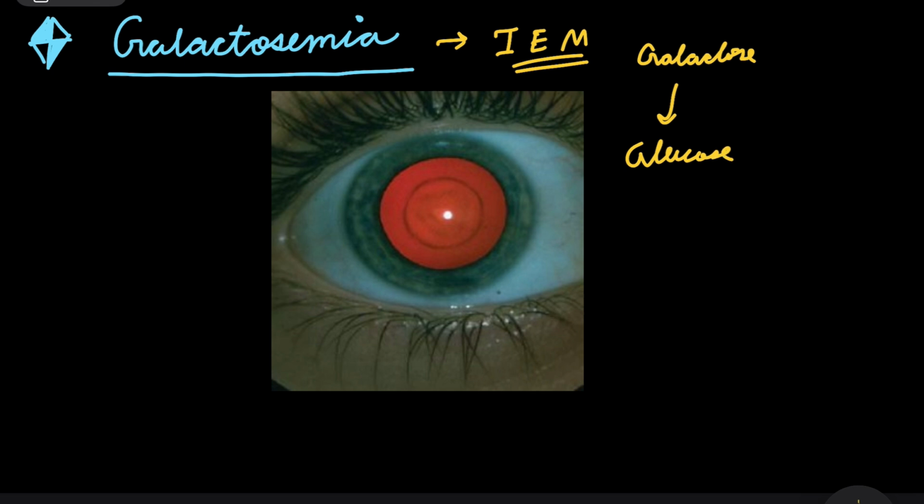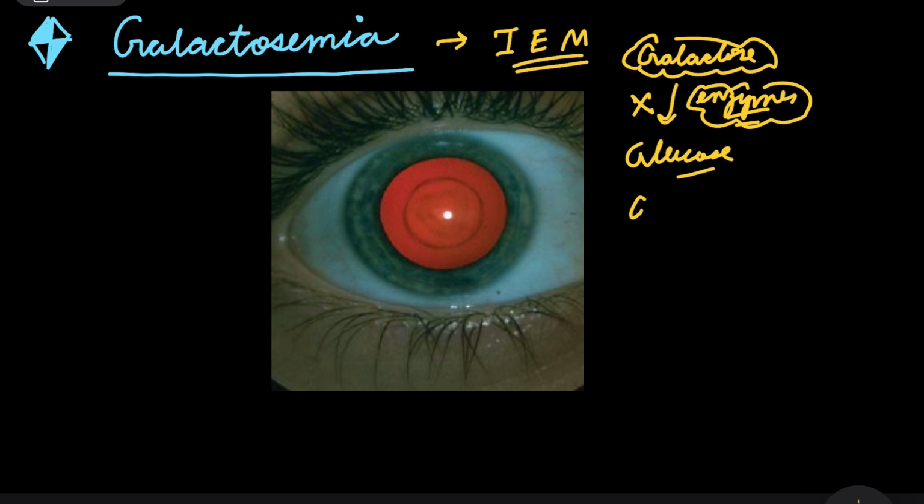our body for energy, and there are a host of enzymes involved. What enzymes and all that, we'll talk about in a bit. But basically, due to the deficiency of these enzymes, due to a mutation in their genes, this conversion is not able to take place, and galactose is going to accumulate. Now galactose, as well as its metabolites, like galactitol, another name for which is dulcitol,